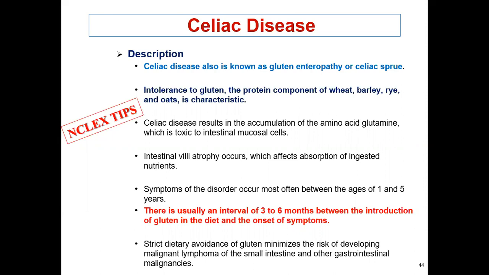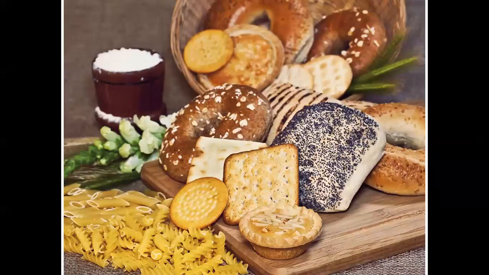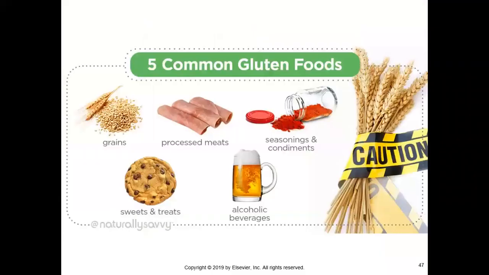As I told you, celiac disease is an autoimmune disorder that causes gluten intolerance. So in this picture, this is the food that contains gluten, and gluten intolerance in celiac disease. The 5 common gluten foods